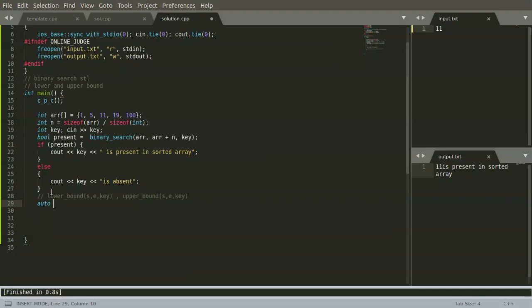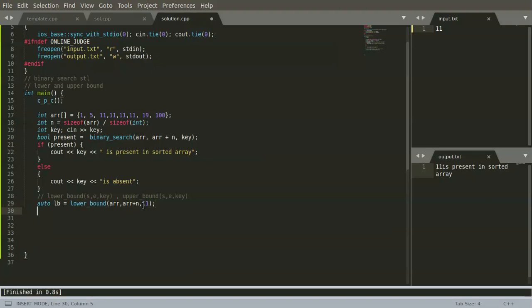Okay, let's take an iterator, auto lb, and apply the lower bound function, giving the starting address of the array, the ending address of the array, and our key. We are giving the key as 11.